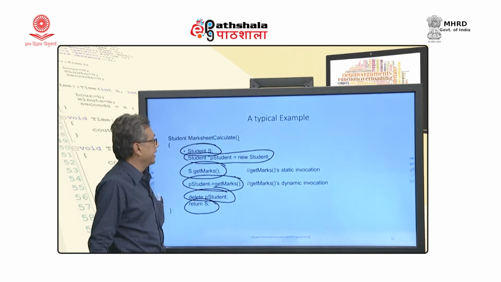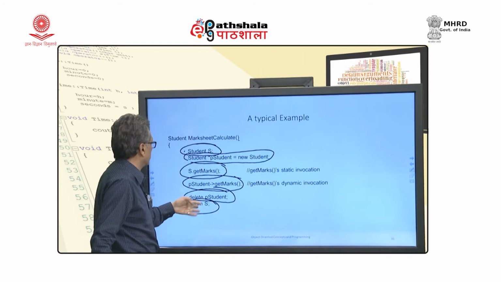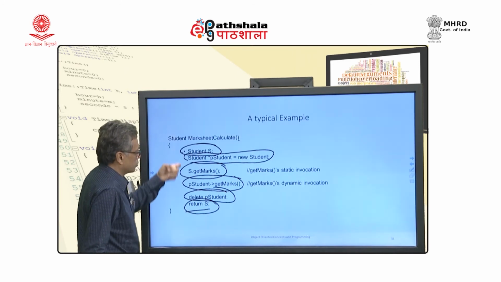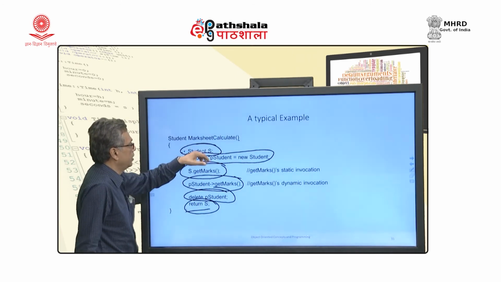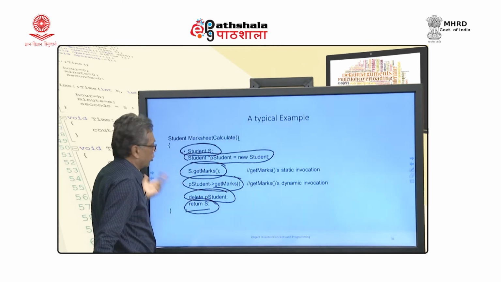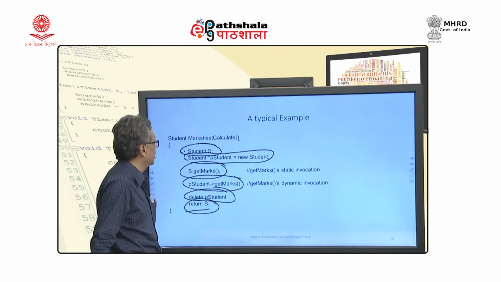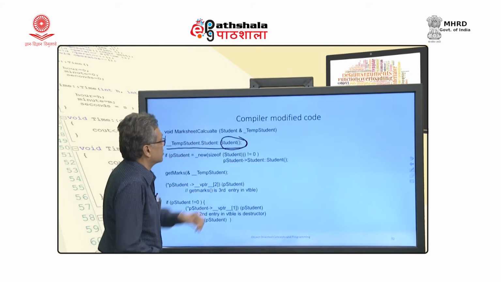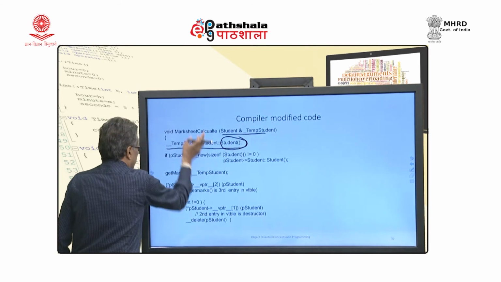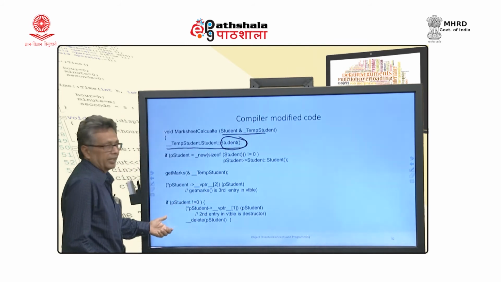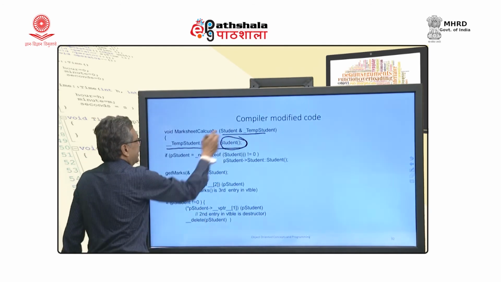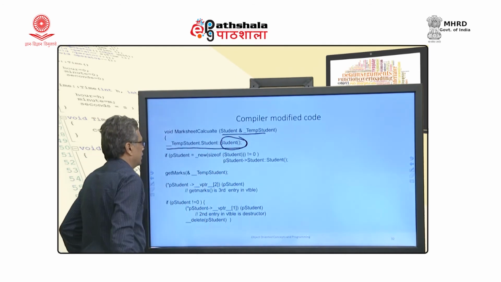That is the NRV optimization. Because there is a return value S, we would have to construct the student S and return S. So, what will it do? Instead of that, it will pass a reference and then it automatically returns back. So, that is an additional thing. The compiler constructs an additional reference which it passes and then returns back, because then I do not need a return statement. Now, that return statement is simply eliminated. Now, that temp student is constructed here.